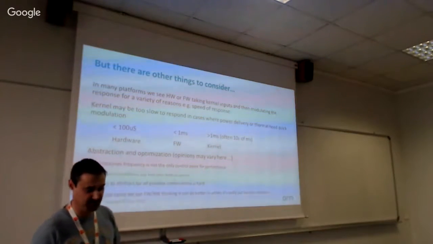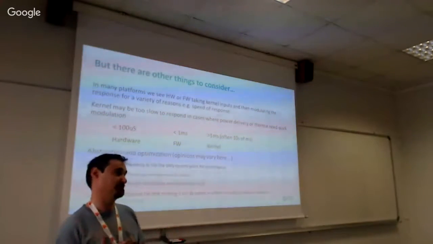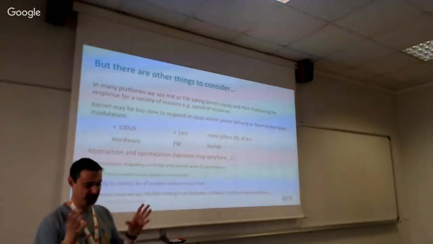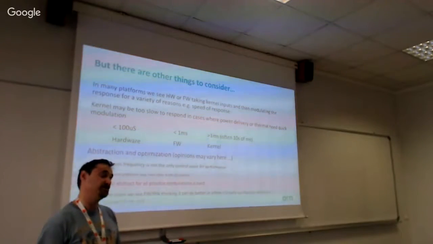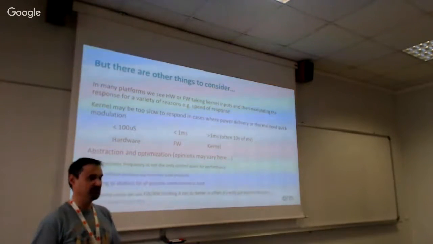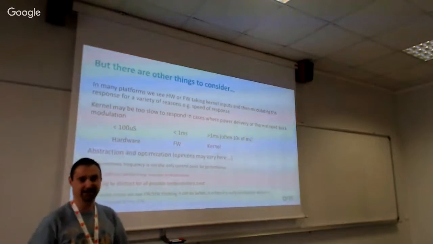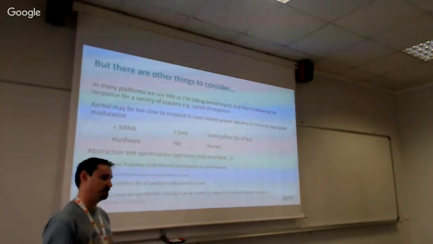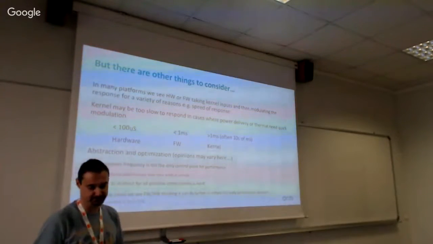But the other one is abstraction. The amount of controls that we're getting now go beyond just frequency. There might be other controls. And also the range and variety of voltage domain layouts and frequency domain layouts are getting quite rich. You could argue, try to comprehend every single possibility in the kernel, but it starts to get a little bit different. Whereas with utilization capping, an interface that's more like 'give me 20% of what you got, give me 80% of what you got', it's at least more abstract and you're able to cover a wide variety of platforms.